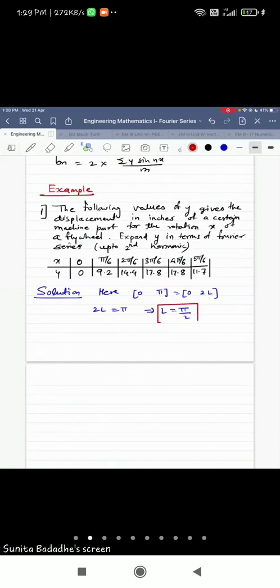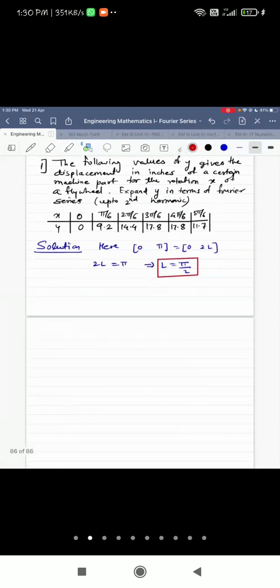If it is a question on half range series, then you will equate it with 0 to L, and then L will be pi. But since it is a full range expansion, we have to equate it with 0 to 2L. So L is pi by 2. So now what is your fx? Therefore,